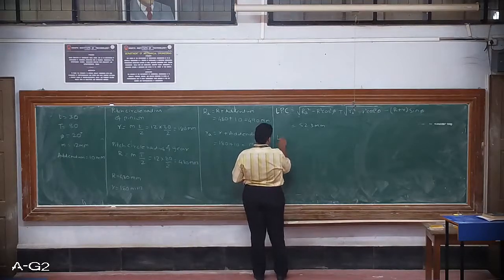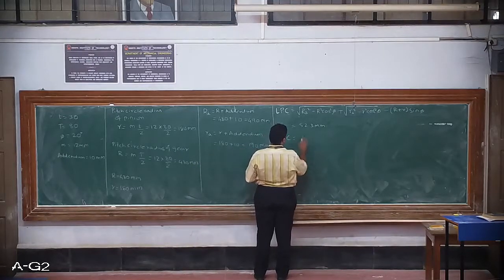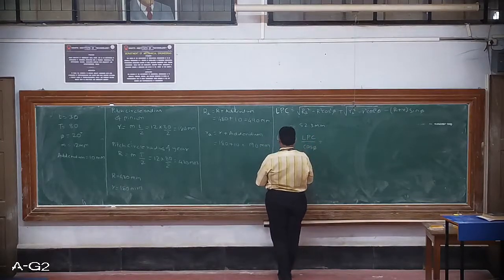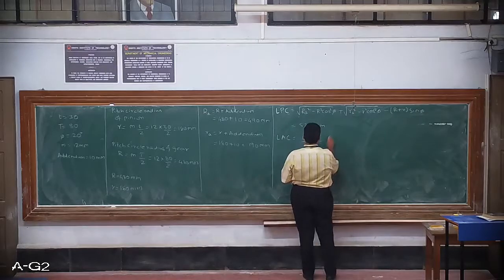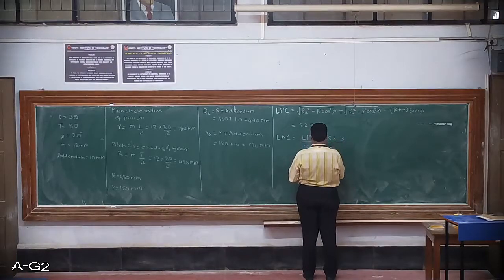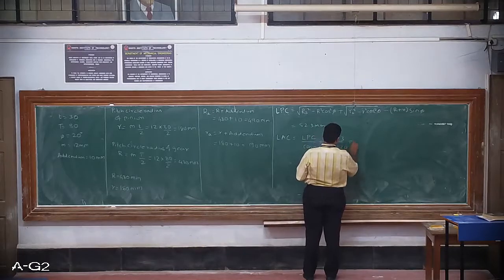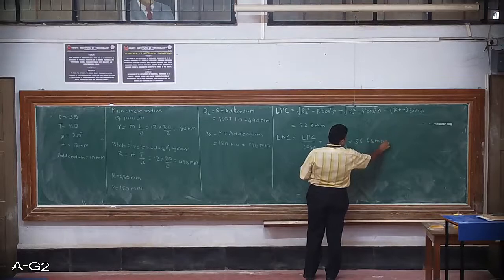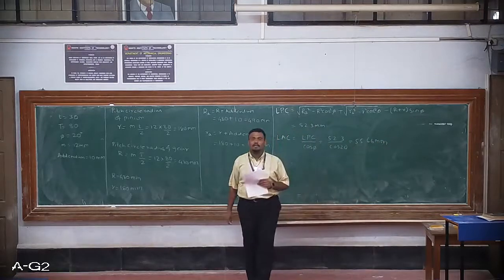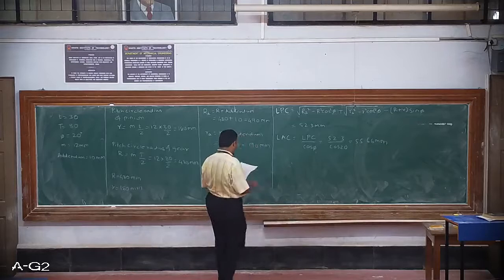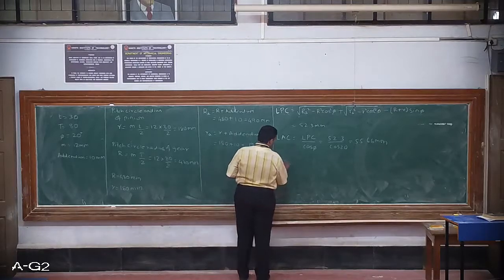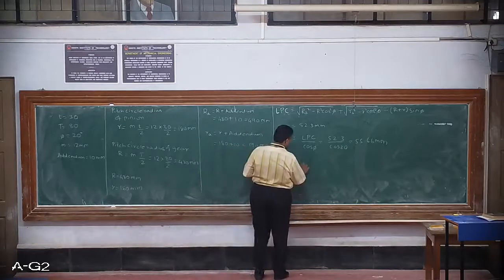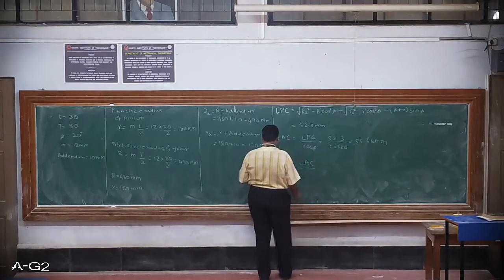Next we shall calculate length of arc of contact. That is length of path of contact divided by cos phi. So this is 52.3 divided by cos 20. Upon simplifying you get 55.66 mm. So we calculated length of path of contact and length of arc of contact. Lastly, we have to calculate the contact ratio, CR. This is length of arc of contact divided by the pitch.